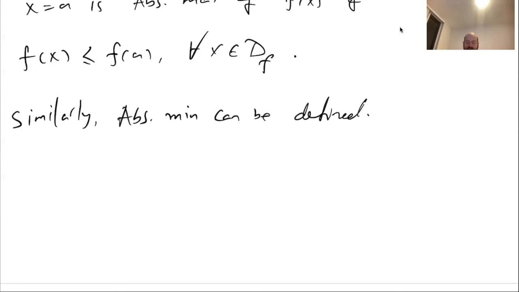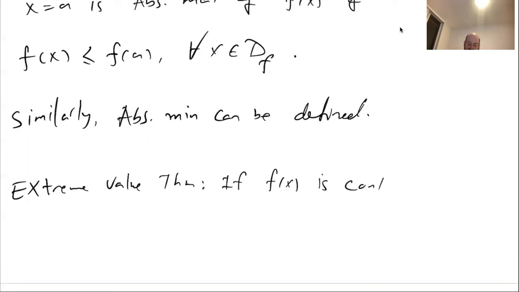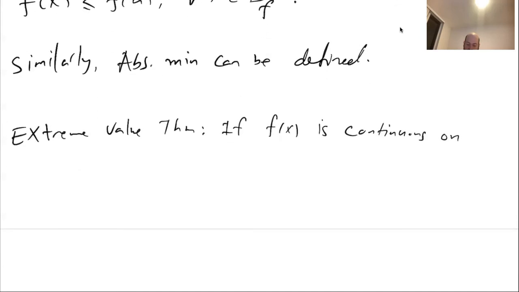Okay. So how can we find absolute max and min? First of all, which functions are guaranteed to have absolute max and min? So for that one we saw the extreme value theorem. The extreme value theorem said that if f of x is continuous on a closed finite interval, closed finite interval a and b,